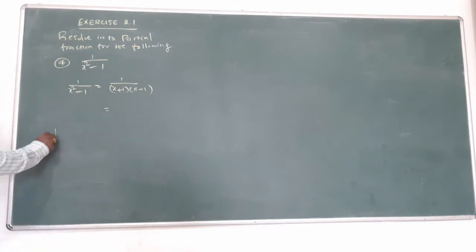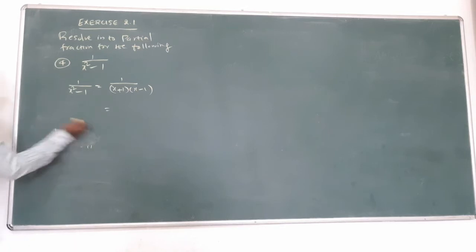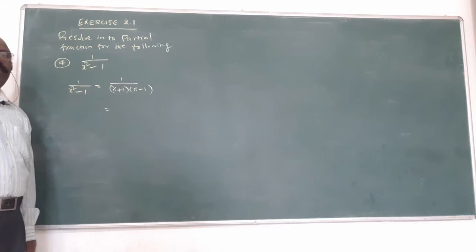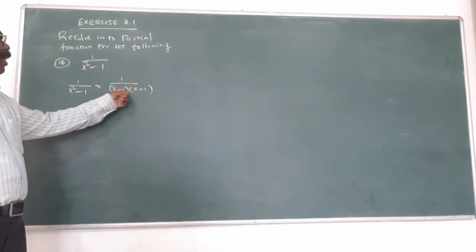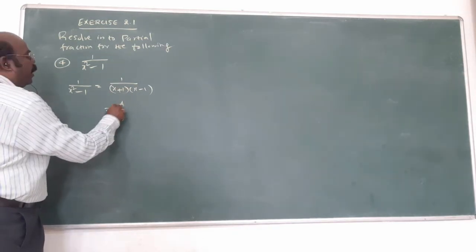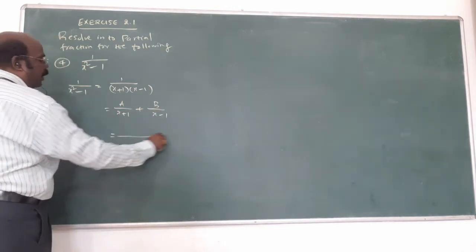The same question, 1 by x square plus 1, what is the formula? Ax plus b is this idea. Am I right? The denominator having, it is not factor form, and the quadratic equation is numerator with ax plus b. But here, if it is possible to factorize, that's why by using the formula a square minus b square formula, a plus b into a minus b. Now it becomes product of two linear factors. A divided by x plus 1 plus b by x minus 1. Now take LCM.